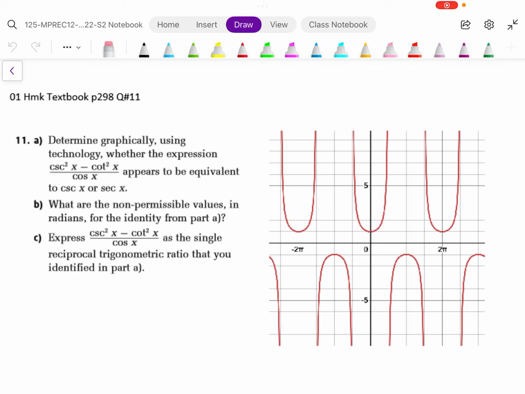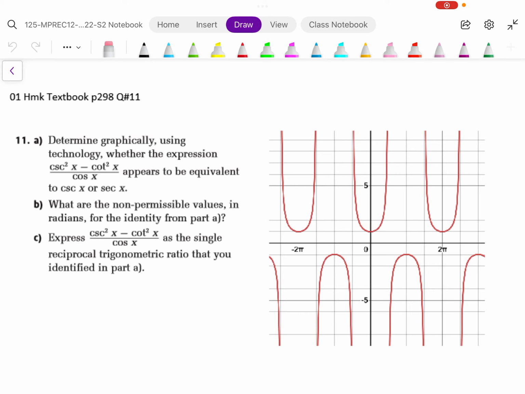When we look at question number 11, it says, determine graphically using technology whether the expression cosecant squared minus cotangent squared over cosine appears to be equivalent to cosecant or secant. So I've drawn that graph on this side, and when we take a look at this,